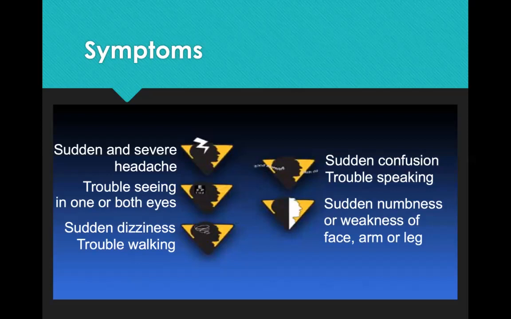We can have vision disturbances. We can have trouble seeing things, just having things passing across your eyes, like you have little floaters, but it's more enhanced than what you're seeing. It could be sudden dizziness, trouble walking, staying upright, confusion, or having a hard time speaking. And sometimes that's really frustrating for the individual